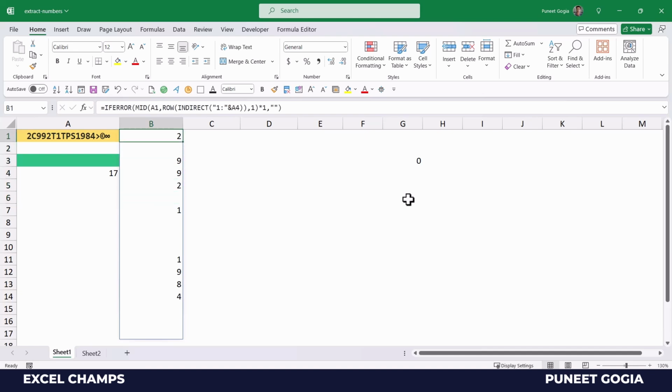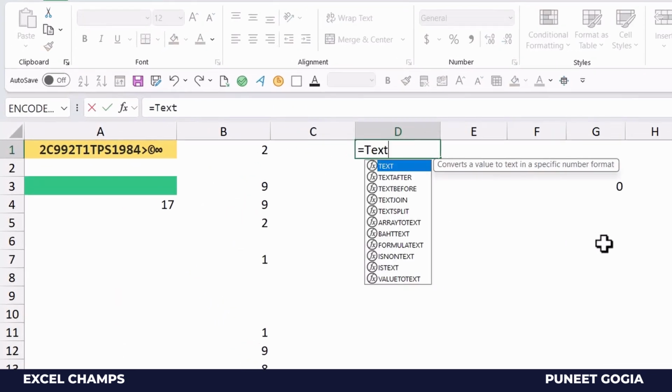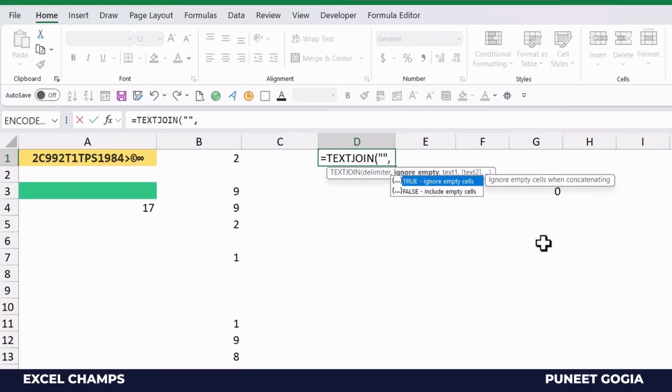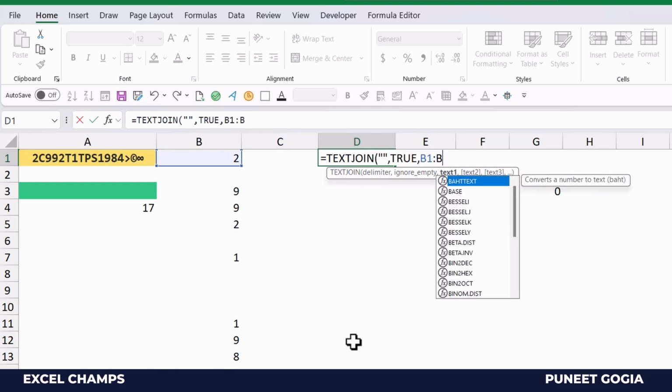Now the last thing is to combine all of these values in a single cell. For this, I'm going to use a new function that is called TEXTJOIN. For the delimiter, I'm going to use a blank value because I don't want anything between the numbers. And obviously, I need to ignore empty cells because I have some empty cells here. So I will say TRUE. And then I'm going to specify